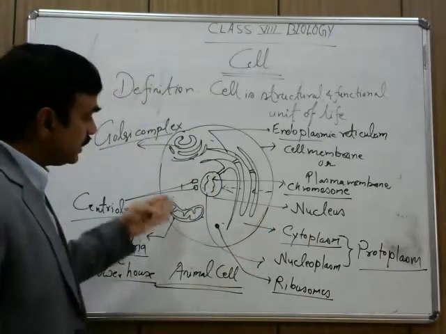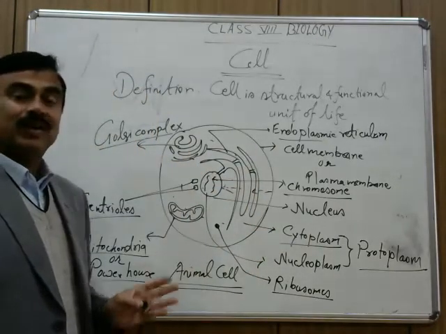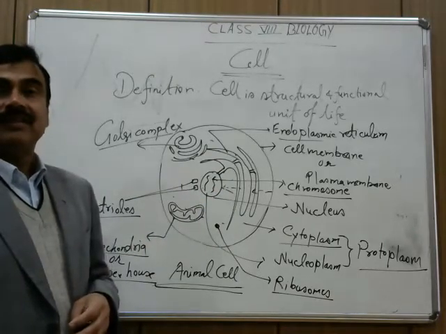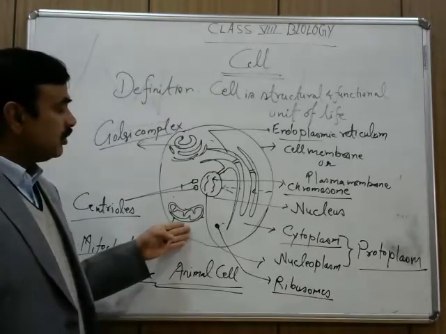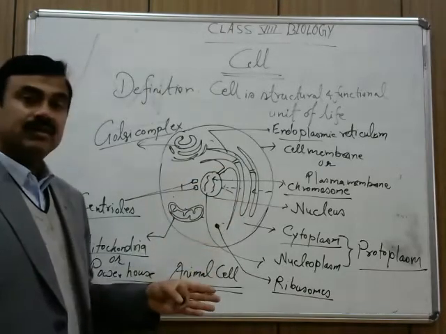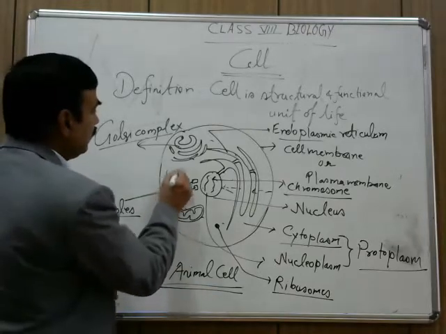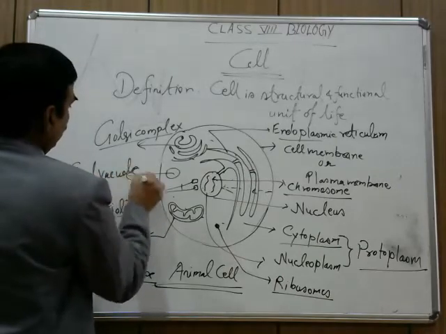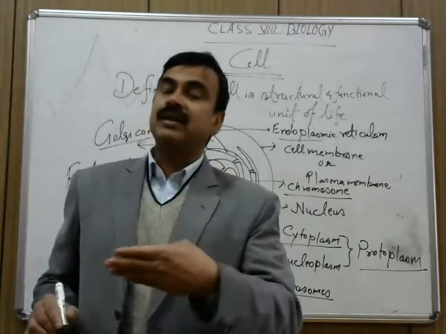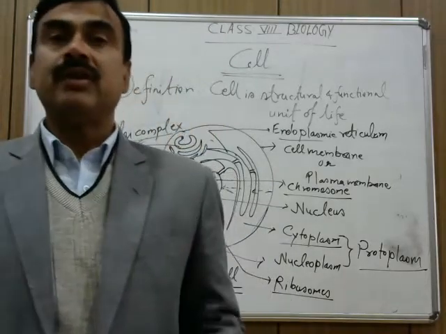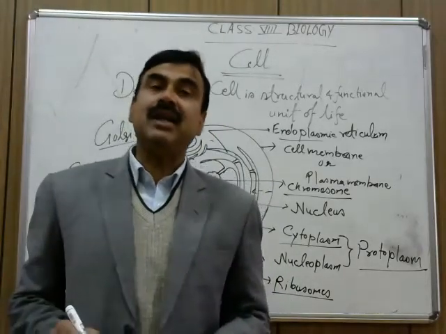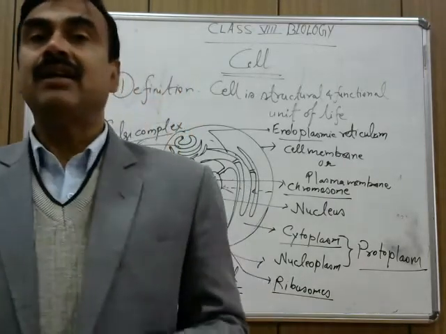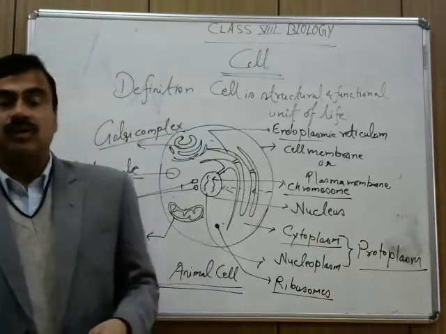Like the chloroplast, which is not present here. You can't see the chloroplast. Other structures you will see in the plant cell. But there is no chloroplast in the animal cell. Is there any chloroplast? No. The food vacuoles are there. You will see the food vacuole. Food vacuoles are present in the plant, present in the animal, but the chloroplast is absent in the animal. The cell membrane is present in both plant cell and animal cell, but no chloroplast is present in